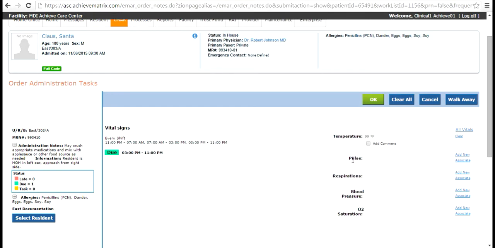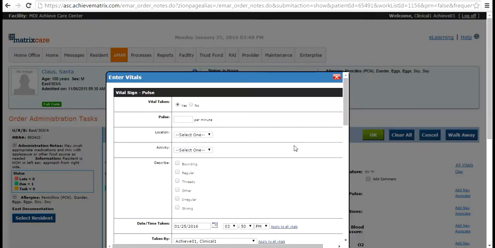So if you have multiple vitals, you're going to have this button up here at the top that says all vitals. That one's pretty clutch. If not, if it's just a single vital sign, then you're going to click on add new and add it that way. Since I have 4 vitals to add, it's going to be much quicker if I just click on all vitals. When I do that, it brings up my screen where it's wanting to know my pulse,